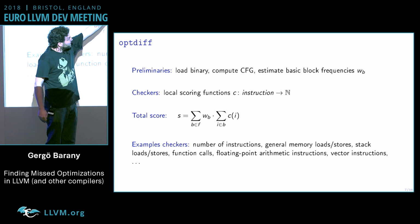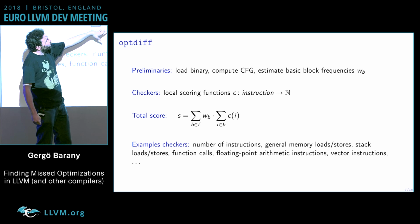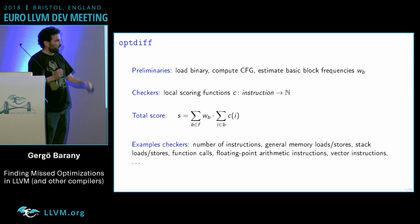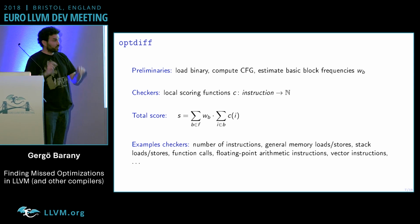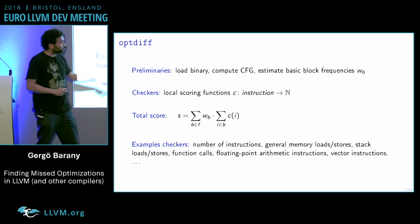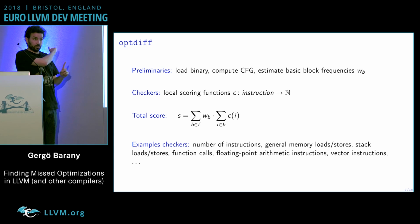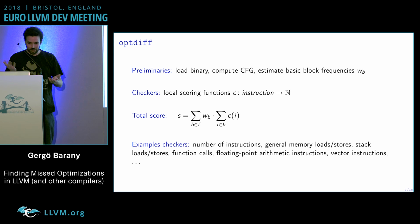So I apply a checker C to every instruction, and I sum up the scores for all the instructions. I weight by these basic block frequencies that I computed before. I sum up for every block, and that gives me sort of a total score for the entire binary. And so all the intelligence in this tool is in these little checker functions, of which I have different ones. For example, there is one for counting the number of instructions in the binary, which is already good enough for